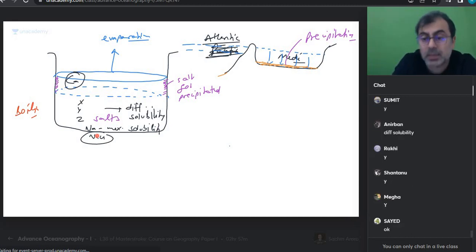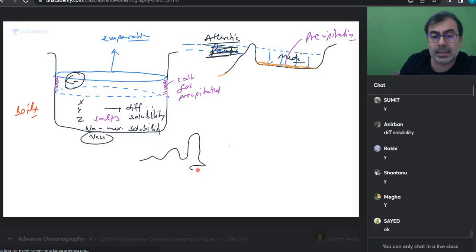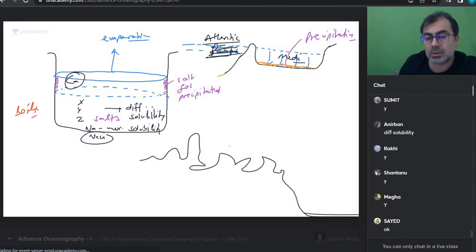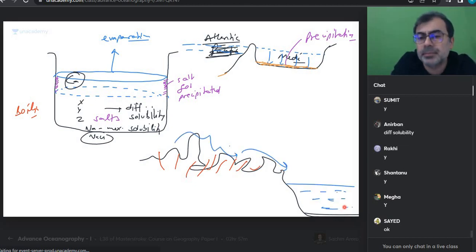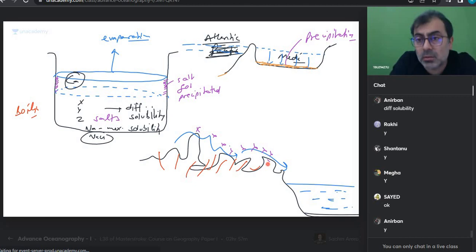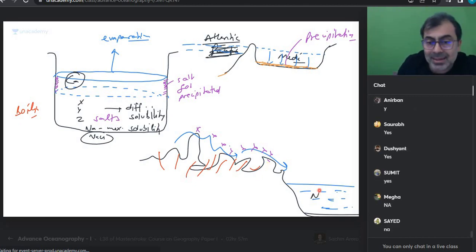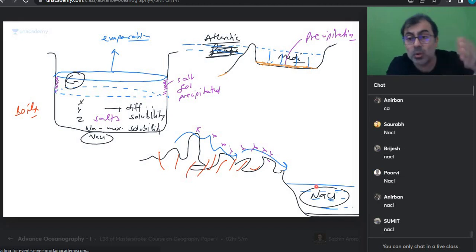So now tell me, this is land and these are oceans. Volcanoes are erupting, everything is happening, water is flowing, and where does the water reach? Water reaches the ocean. True or not? In the process, will salts precipitate out or not? Which salt will always prefer to stay dissolved? NaCl. Will it reach the lowest places on the planet dissolved in water and get progressively collected and